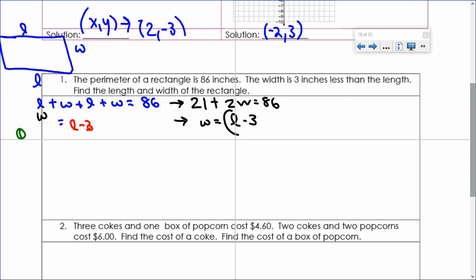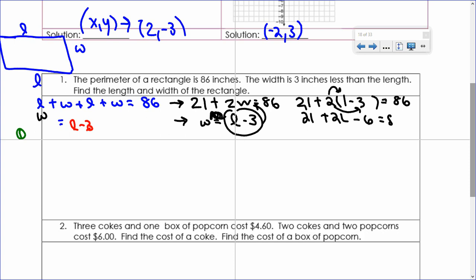So we're going to substitute L minus 3 into W. So 2 L's plus 2 parentheses L minus 3 equals 86. Simplifying, I get 2 L's plus 2 L's, distributing, minus 2 times 3 is negative